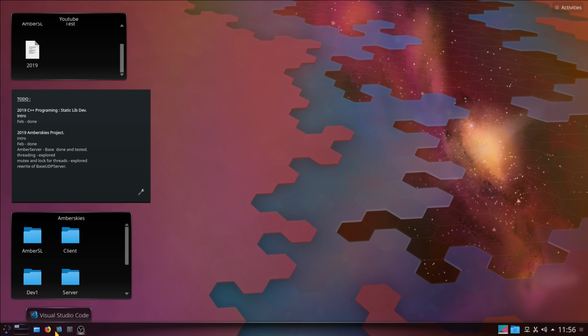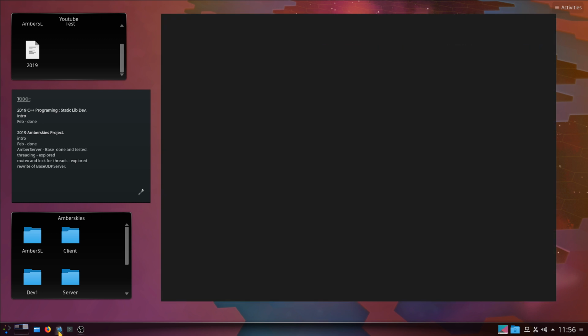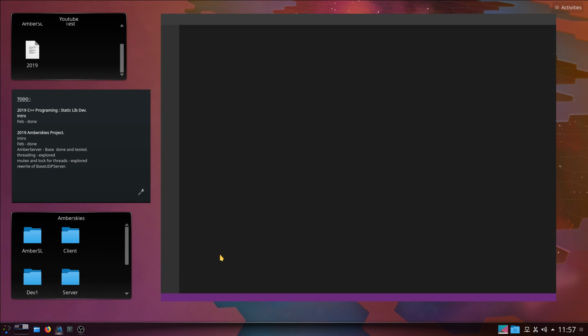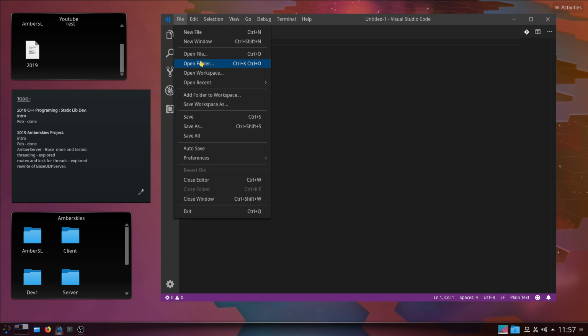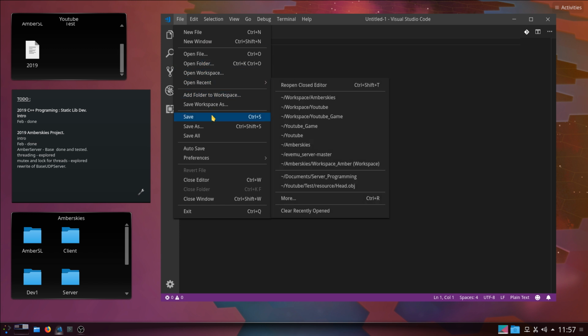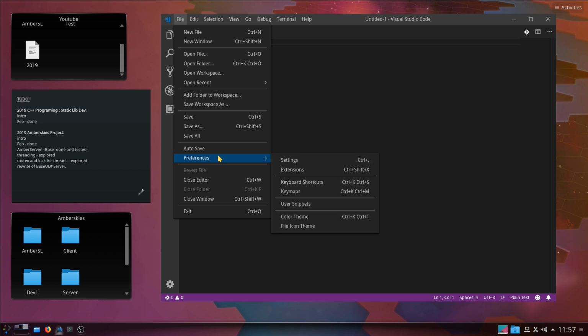Let's have a quick look and see how Amberskies is doing these days. So what have you been doing since Christmas? I've been working my butt off trying to sort out the mess that is networking on today's computers. I know how to network, that's not a problem. I know how to make servers, that's not a problem. It's when you want to make it cross-platform, which is the specification for what I do.